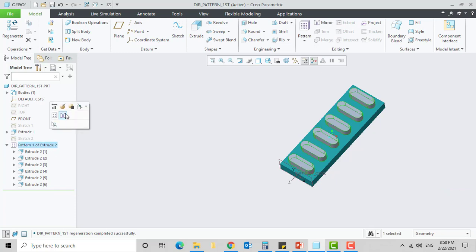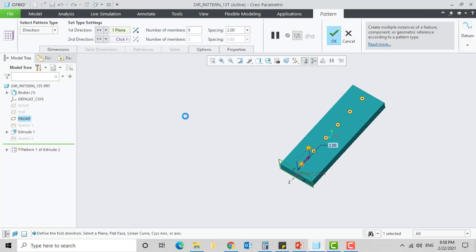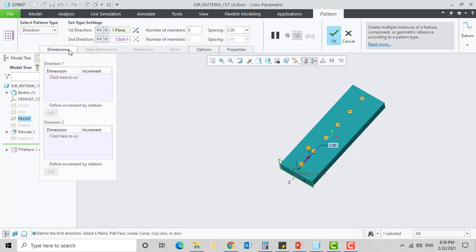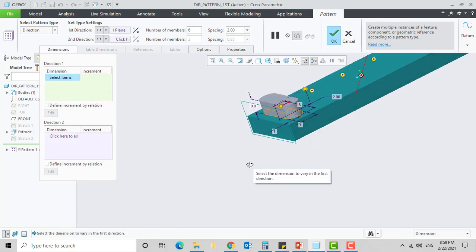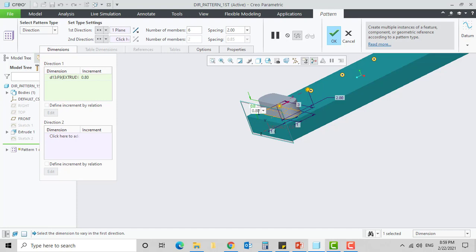Now again select Pattern 1 of Extrude 2 and click on Edit Definition. Go to the first direction. In the dimension collector, select the height dimension of 1 and edit the increment to 0.5.